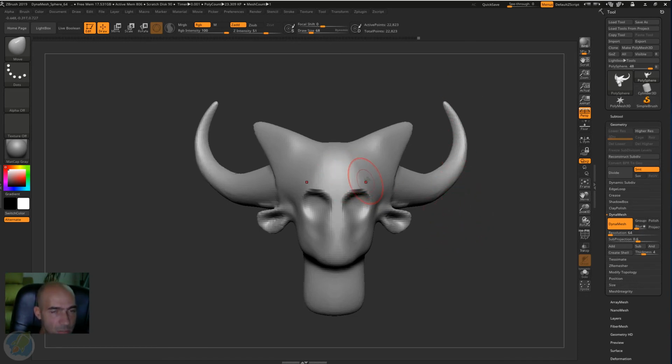If you don't have symmetry in the beginning, you have to have symmetry. It's a good thing in the beginning, especially. You press X. X is symmetry. You don't have it here in the menus. You just have to know that X is symmetry. Otherwise, you go to transform,